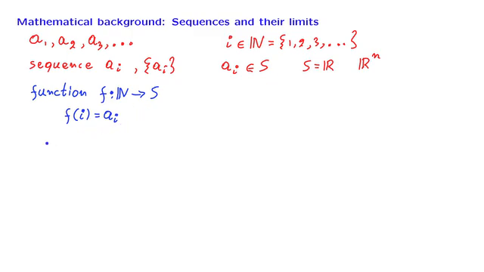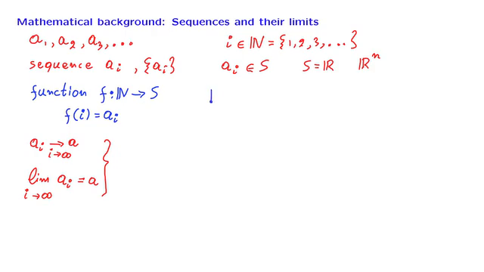Now, about sequences, we typically care whether a sequence converges to some number a, and we often use this notation, but to make it more precise, you also add this notation here, and we read this as saying that as i goes to infinity, the sequence a_i converges to a certain number a. A more formal mathematical notation would be that the limit as i goes to infinity of a_i is equal to a certain number a. But what exactly does this mean? What does it mean for a sequence to converge? What is the formal definition?